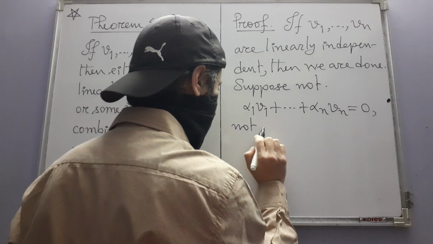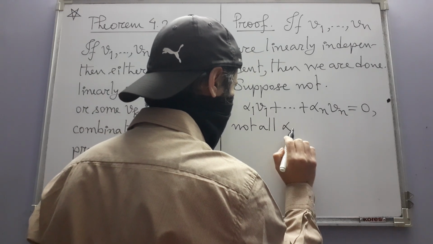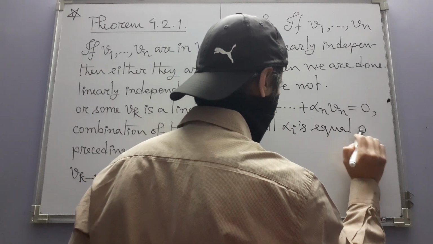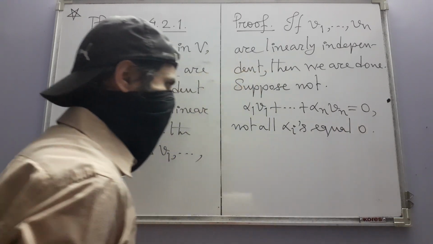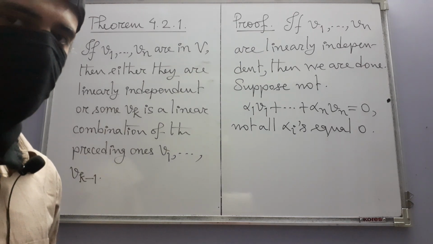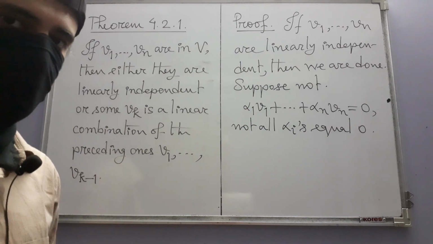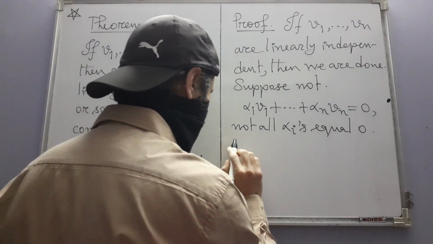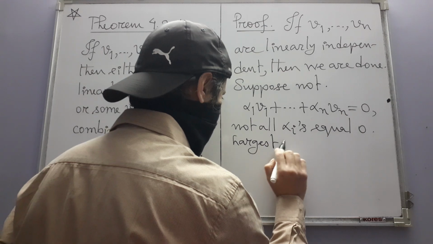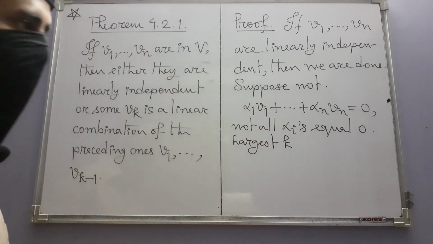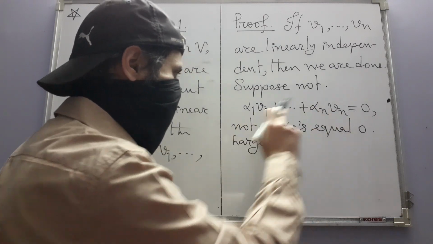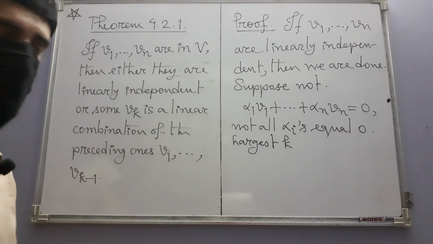So we are looking at finitely many scalars, not all of which are 0. This means that there will be a largest index k in the range from 1 through n,